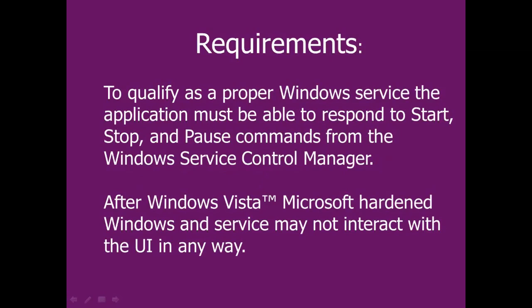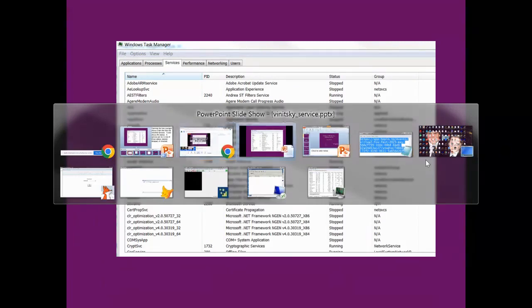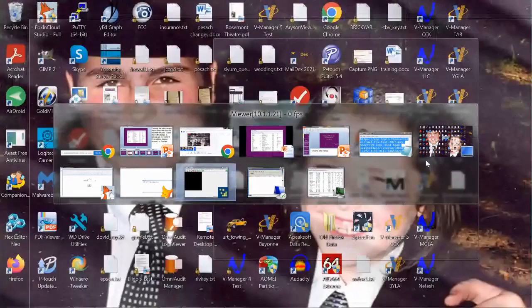Now, in order to run as a quote-unquote service, the only requirement Microsoft has is that your service has to respond to 3 commands: start, stop, and pause. That's all it has to do. If your application is running, and it can respond to a start, stop, and pause command, it can qualify as a service. And if we open our task manager,